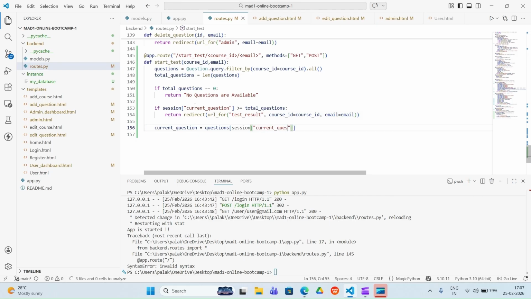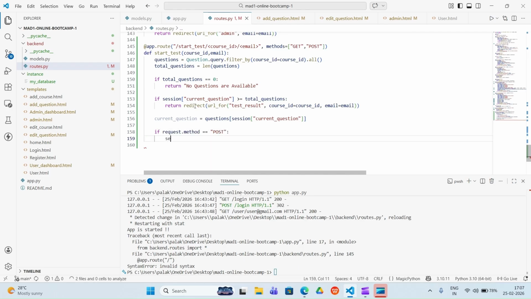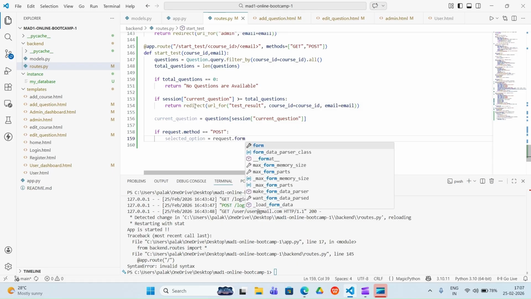And then after, we'll request the user to give the answer for a particular question. So for that, we are going to request, and the method will be post. So for getting any data, we are requesting with the post method. Then we'll create another variable named selected option, and that selected option will ask the user to select a particular option from the given drop down box, or from the given form.